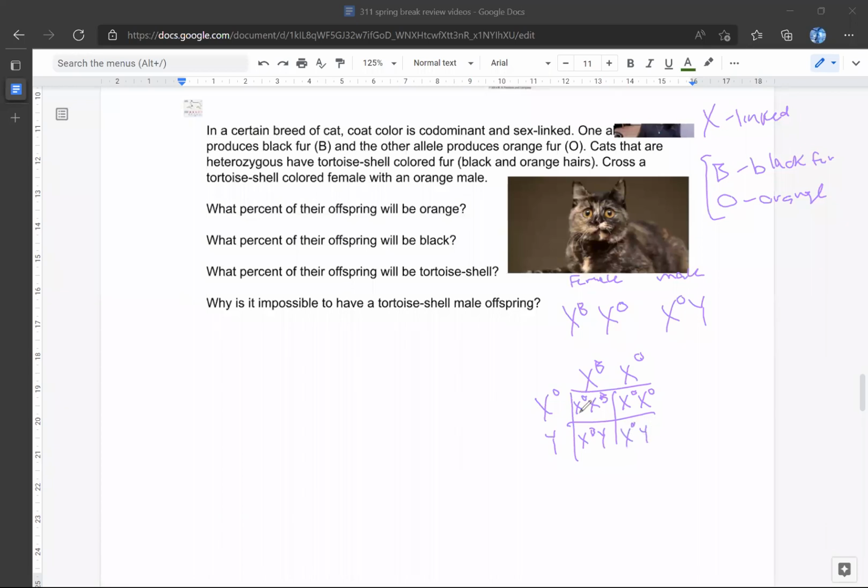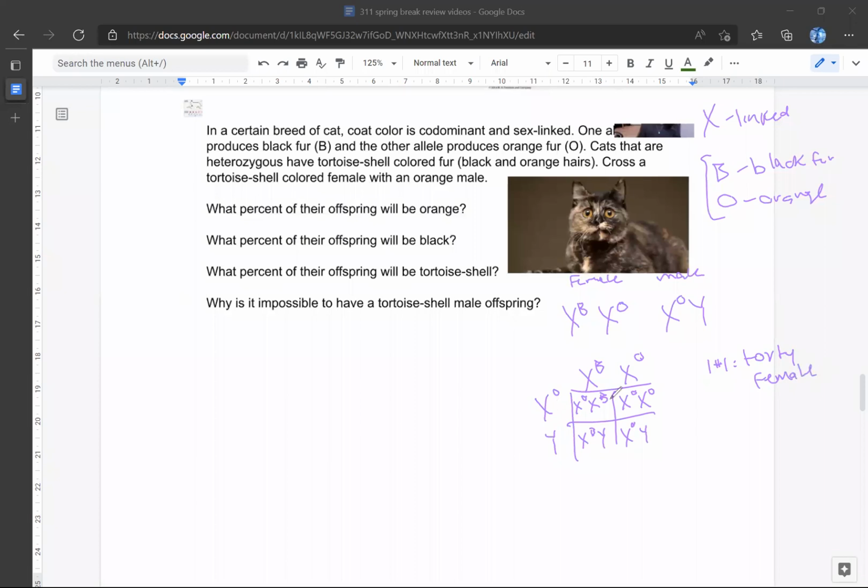And so what do we see? This individual is XOXB. Firstly, what is their biological sex? They are female. They have two X chromosomes. Cats are mammals, and in mammals the female is the homogametic sex. So we have this female. They have one orange allele, one black allele. And we know from even the mother that this codominant situation is going to end up with a tortoiseshell phenotype. So individual number 1 is a torty